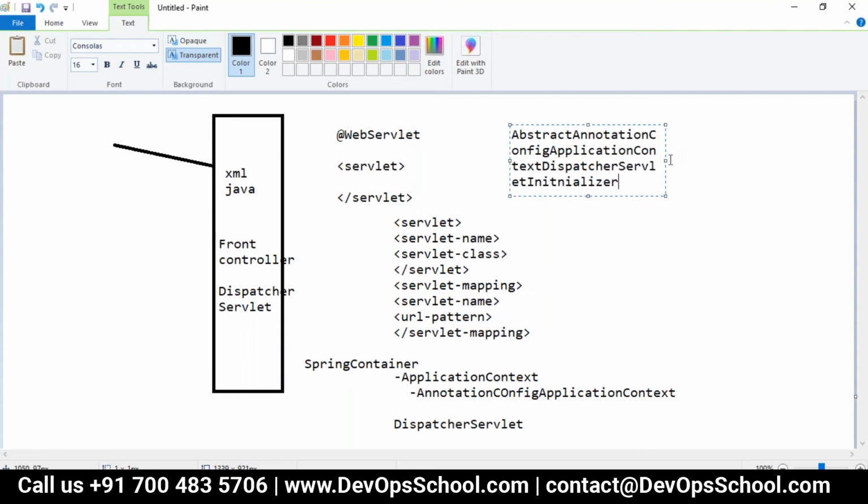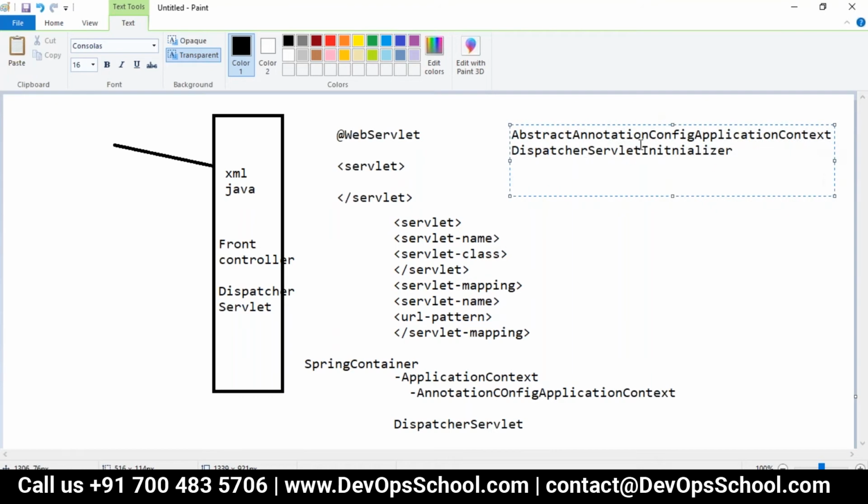So this is a very big class name. It will do two jobs. One is it will initialize your application with the dispatcher servlet, and it will take care of your application context, which is your Spring container. Are you clear with this point?